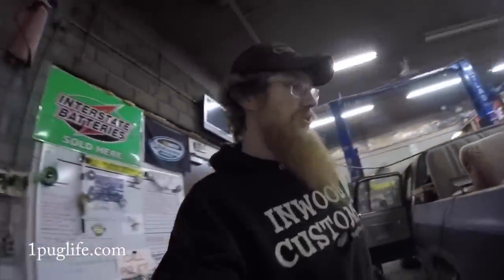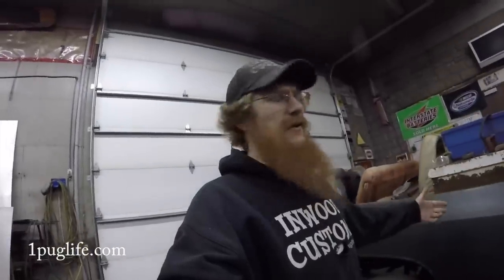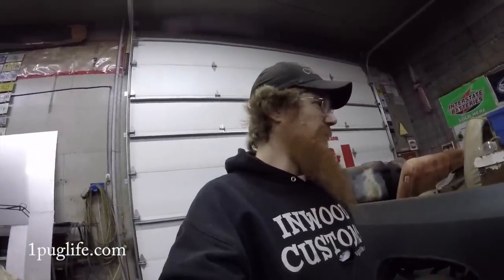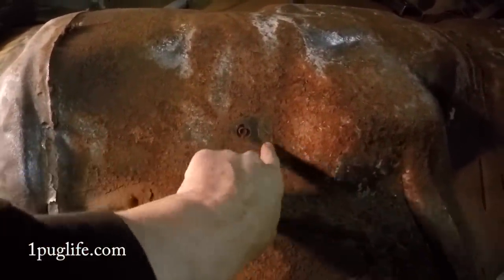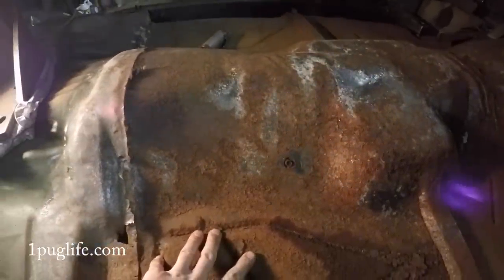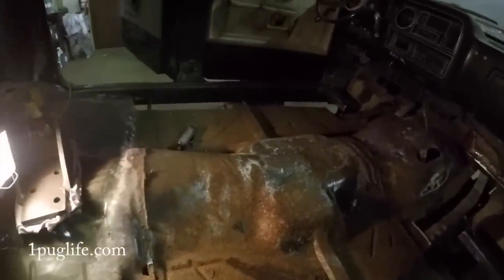We'll just knock the scale off her and give her some rust treatment and probably maybe some roll-on bed liner. Let me know what you think. I got a few ideas here. We gotta figure out these seat belt bolts. There's only like 4 spot welds, so I'll just take that off and replace that, and if we just keep that line nice, then we won't lose any of our positions, and we kept our seat hole locations, so we'll be able to